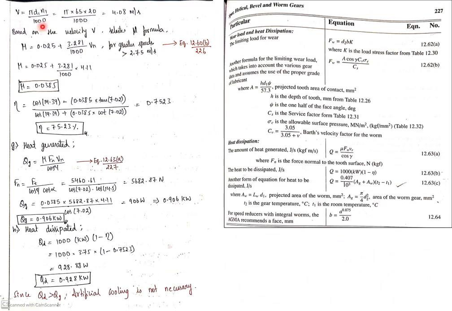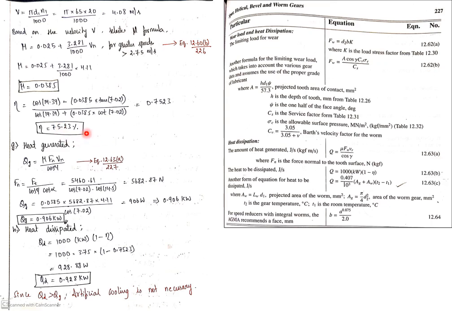See here, so I have calculated here. V must be substituted back here. You're getting the rubbing coefficient of friction. So this is the coefficient of friction. You need to substitute it back in the equation. You're getting the percentage, that is efficiency. Okay. So the next step, and the last step of this problem, is to find the heat generated.